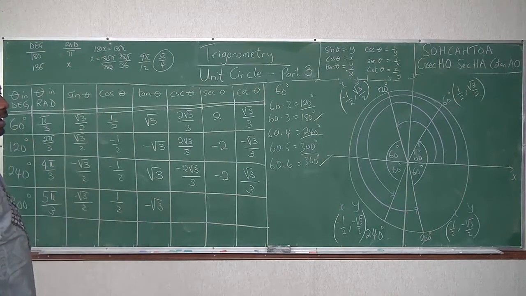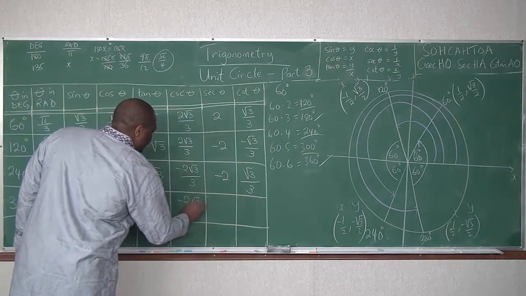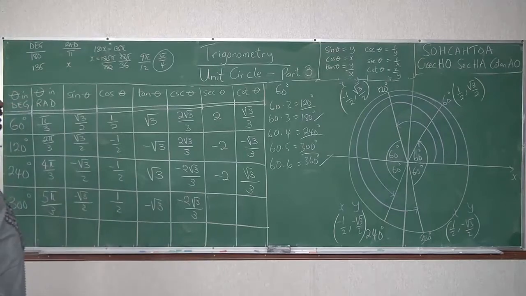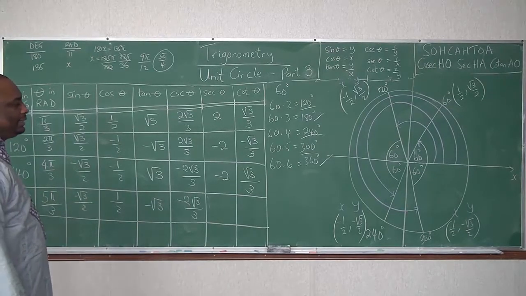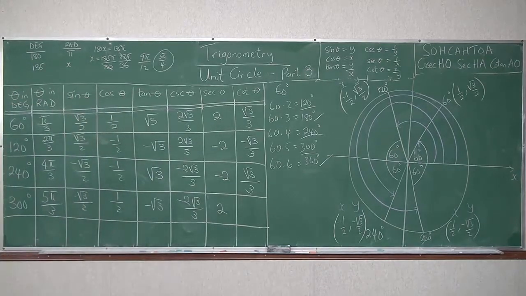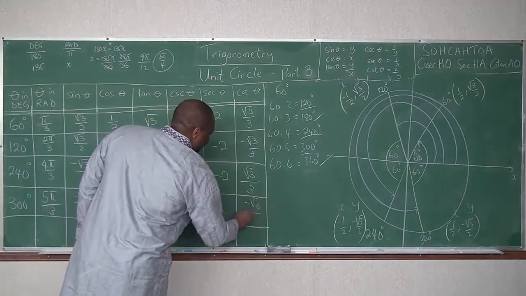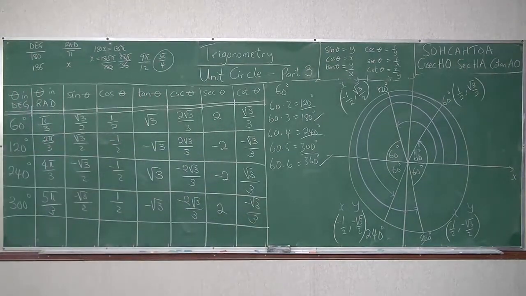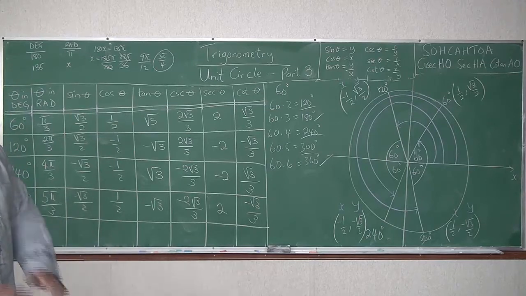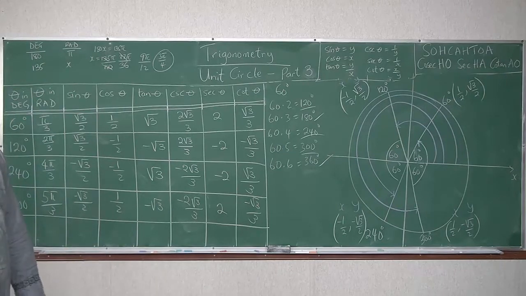Cosec is 1 over y. Y is negative, so this will be negative. Negative 2 root 3 over 3. Sec is 1 over x, and x is positive, so this will be 2. And then cotan is x over y. This should be negative. Negative root 3 over 3. So you see it, and you see the equivalence. Okay, I think we've got all these special angles. If you look at it, if you do it yourself, you'll see we've got all of them, all the trigonometric